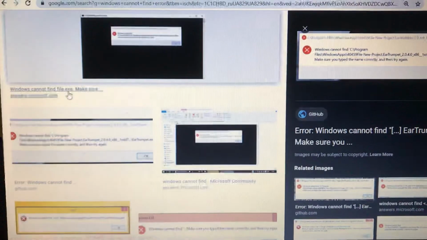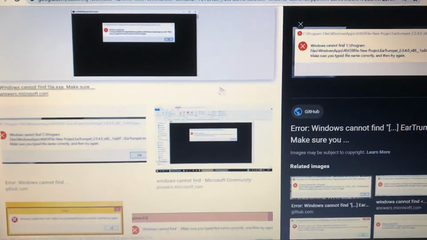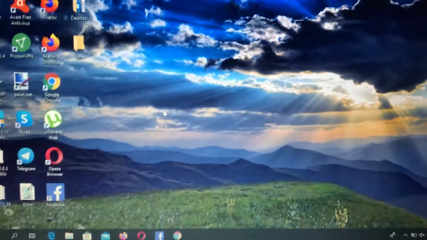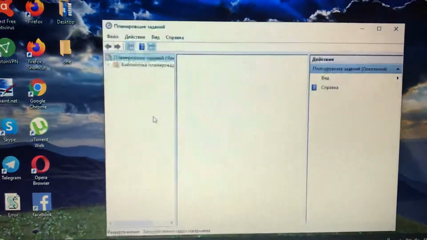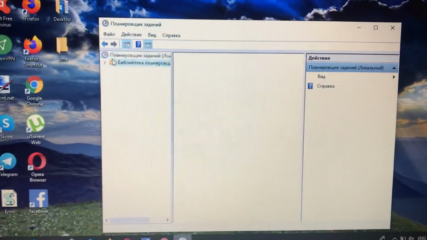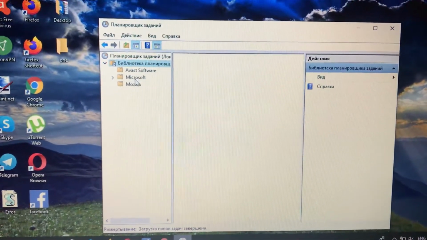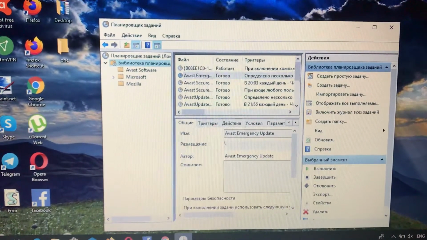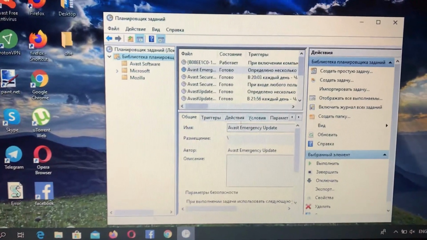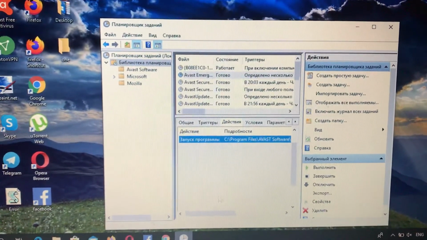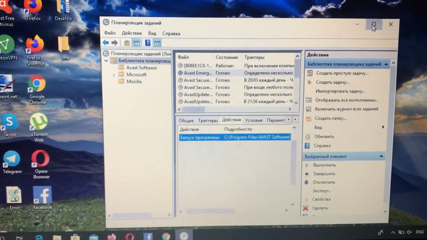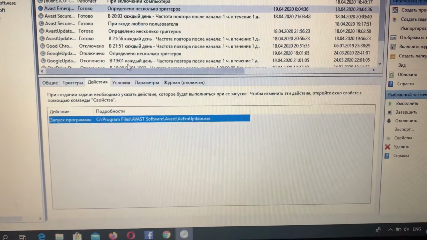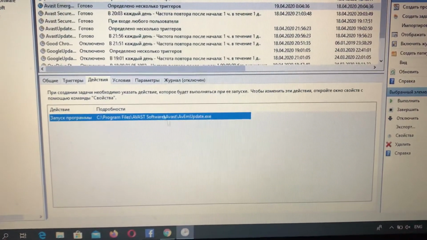So just open it, and here you need to wait some time until it loads our Task Scheduler. So we need to wait some time. So now you just go here, and here you will find in actions, you will find your error. So here you will find the path of your error, that in the window you will see this path, and you just